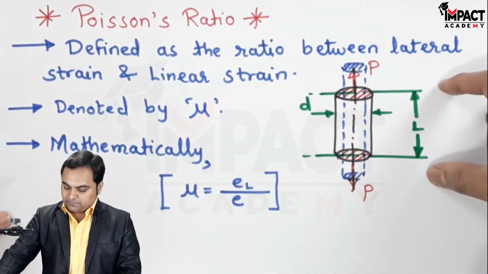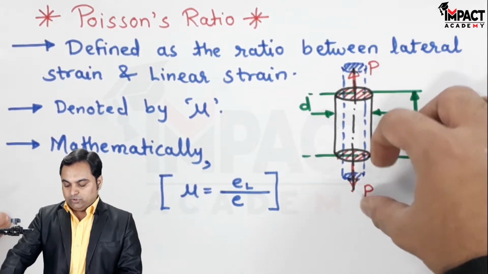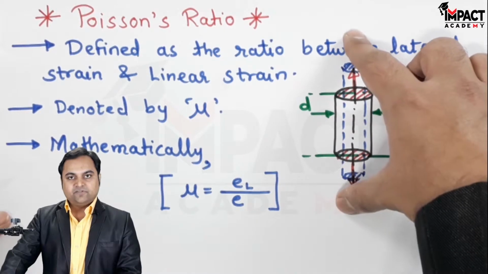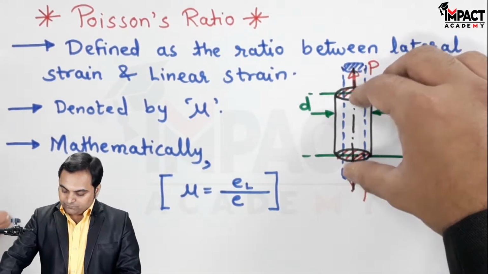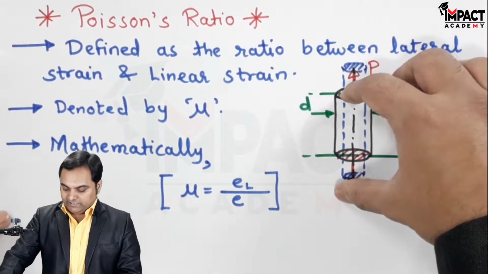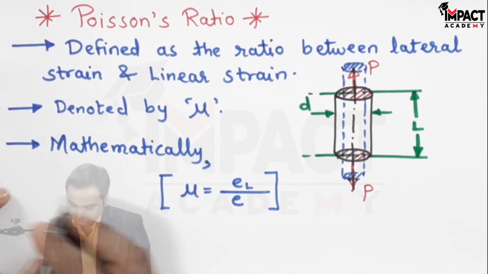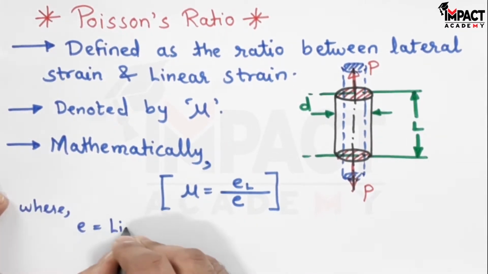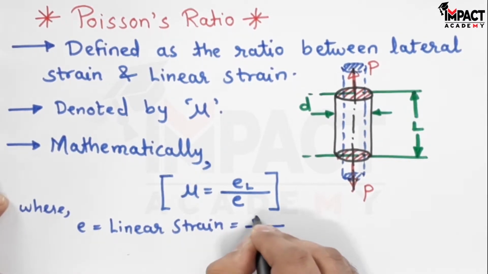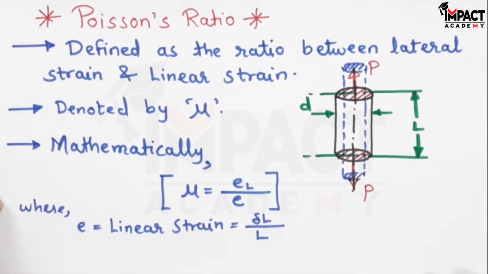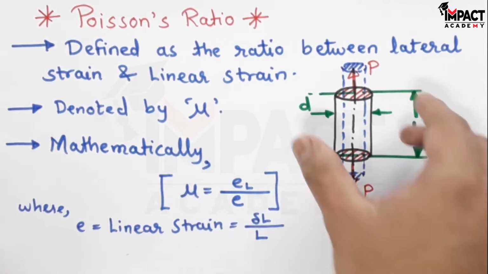Now here the load is parallel to length, so the effect on the length because of the load would be termed as the linear effect. So because of this load being parallel to L, the rod is being pulled, so the increase in the length is called as the linear strain. Linear strain is denoted by change in length upon original length,